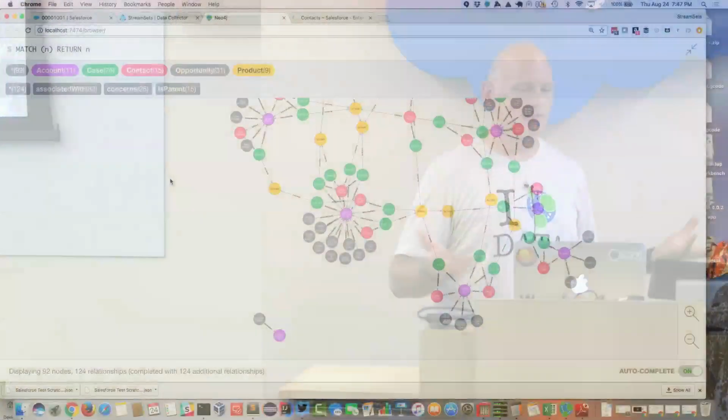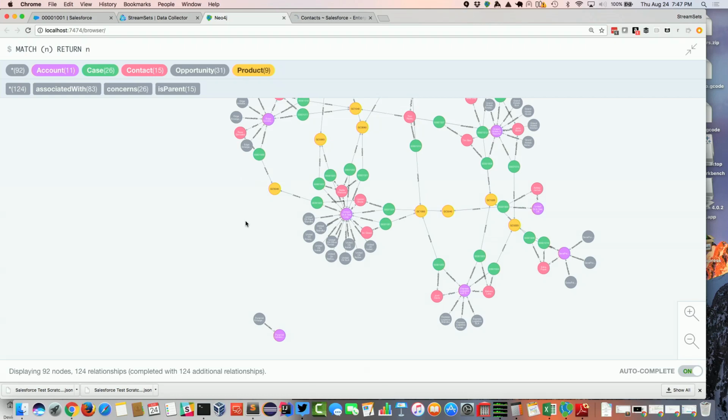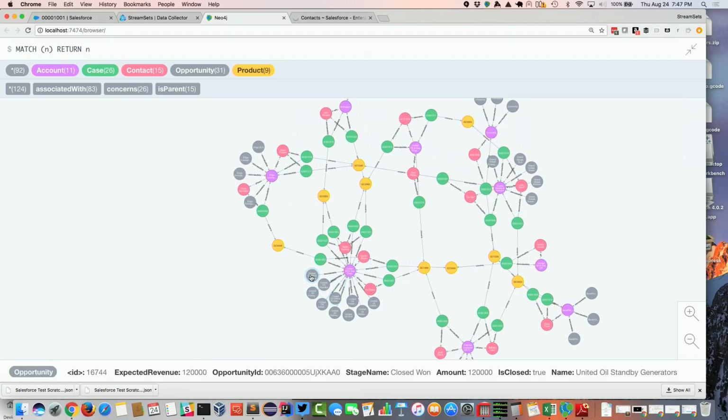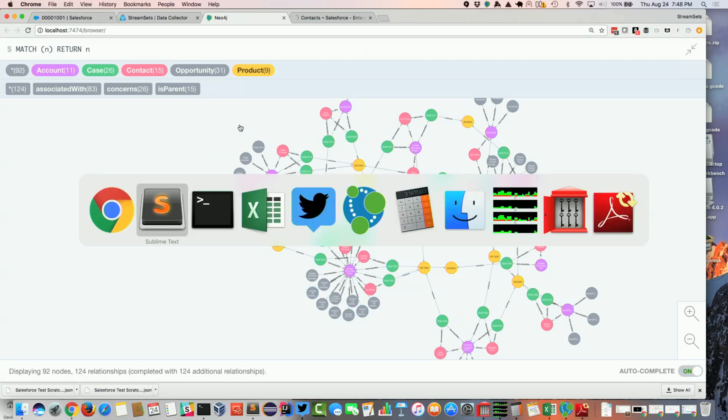But the really nice thing about this kind of integration with, say, StreamSets or other tools is I could have brought in data from Zendesk or any other system. As long as I've got some correlation, I can start to merge it all together in Neo4j and do this kind of analysis. And the same thing's true if you're doing your analysis in Cassandra or Hadoop or any other system. You can start to join data from very different sources and get the bigger picture. So here we've got the sales data in these opportunities and the service data in these cases, and then we can start to do things like